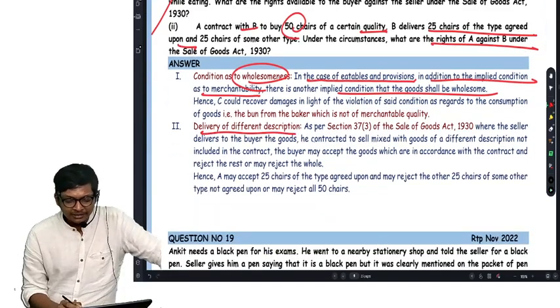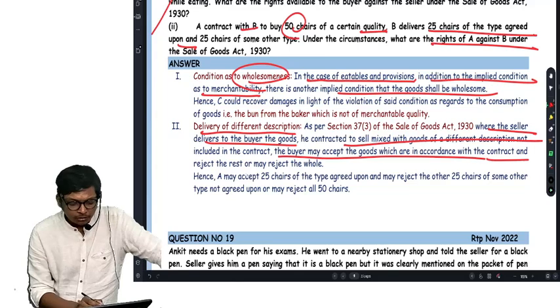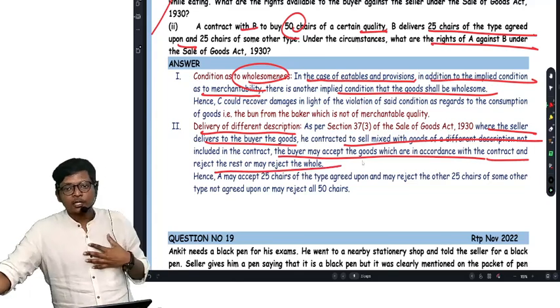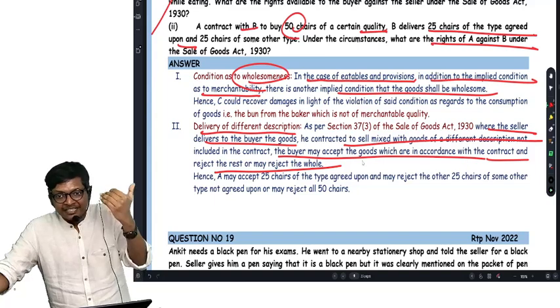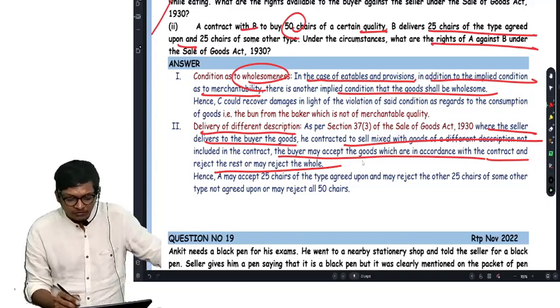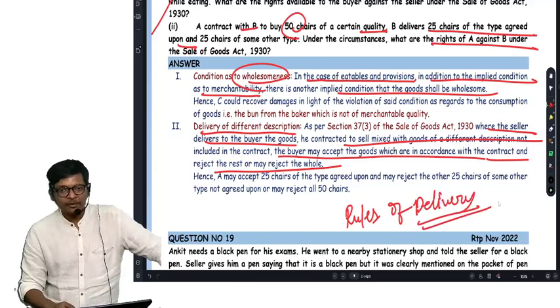Delivery of different description, where the seller delivers mixed goods. He may accept the goods according to the contract or even may reject them. I have three options. I can accept 25 or I will reject all the 50. In delivery of goods we have a concept called rules of delivery, which is a very powerful point, which says